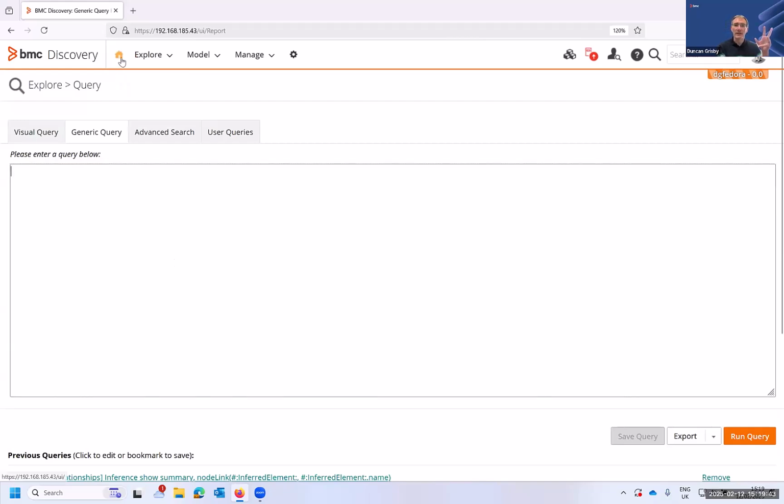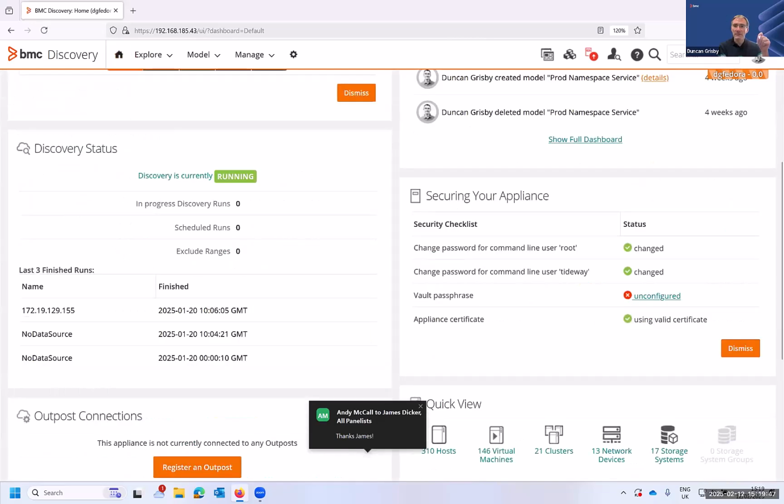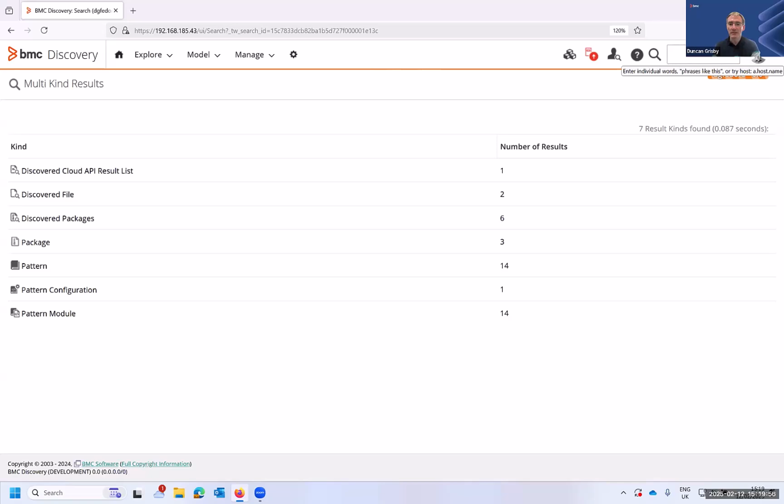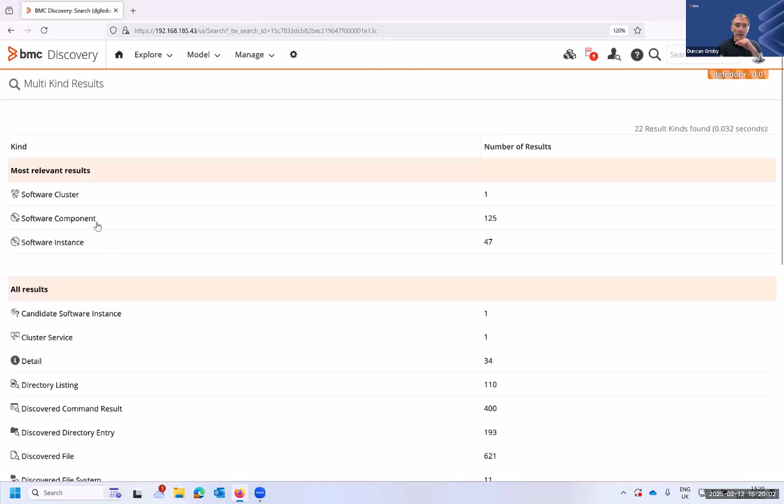So in fact, if I go and find, let me pick a random software instance, maybe I've even got it. I'm not sure I've actually got any Kafka in. Have I got a Kafka software instance? No, typical. Okay, never mind. Let's look at a Tomcat. I've definitely got some of these. So if I pick a random Tomcat software instance,